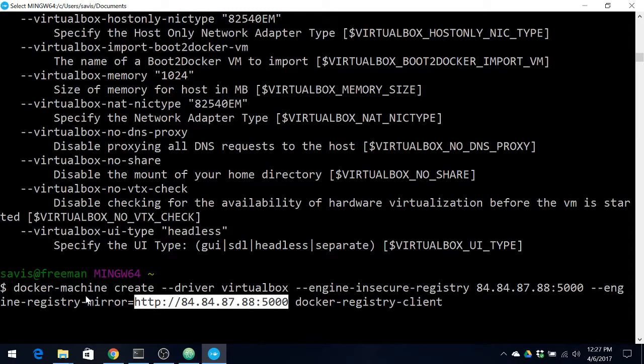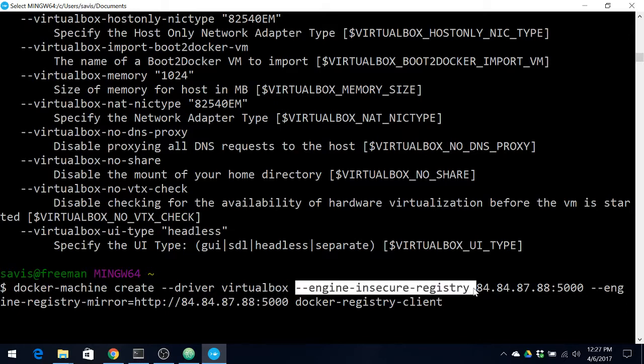Alright. So now this command is quite finicky to get right. So a couple of things. You need to not have an equal to sign here, meaning that the engine-insecure-registry does not take an equal to sign. But the engine-registry-mirror does take an equal to sign. So remember that. Also, the engine-insecure-registry is simply an IP and a port, nothing else, no protocols HTTP or HTTPS. However, the engine-registry-mirror does need to take an http:// parameter. That is if you are working with an insecure registry.